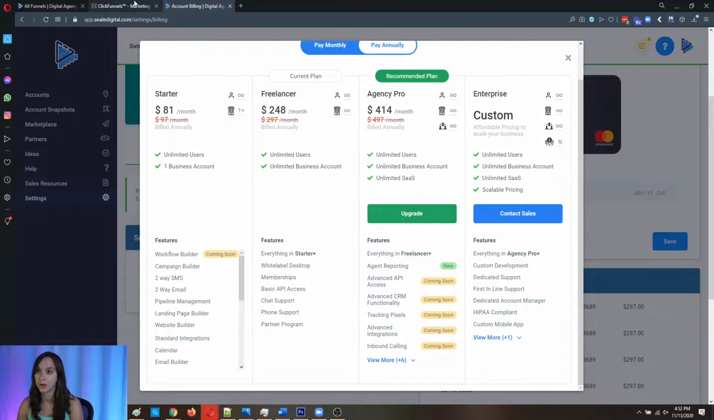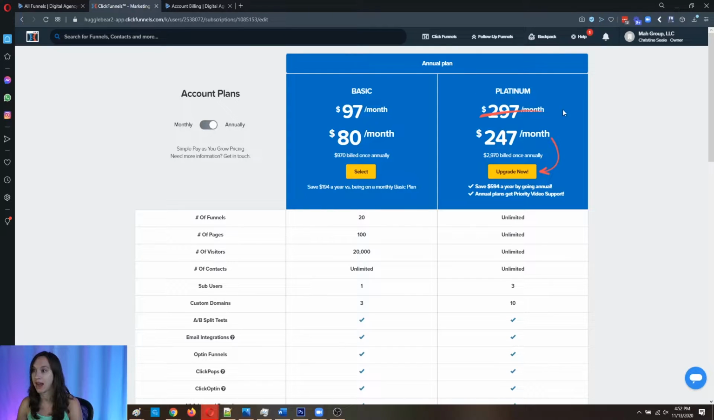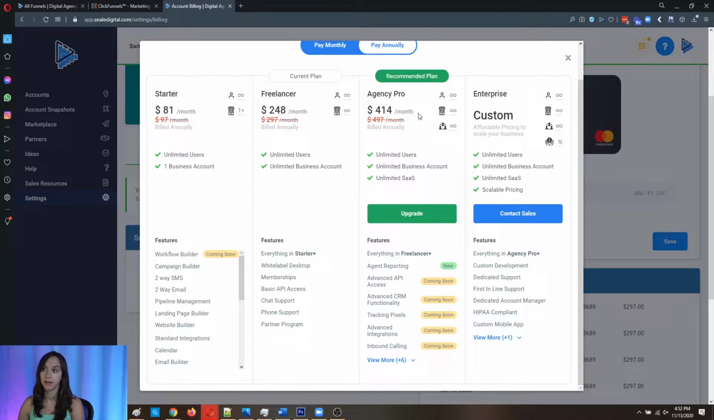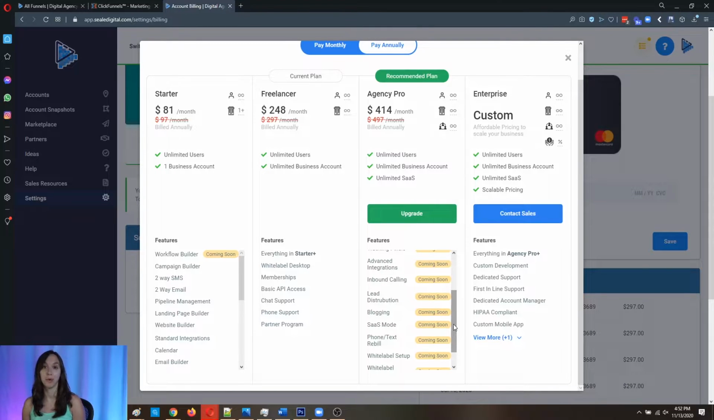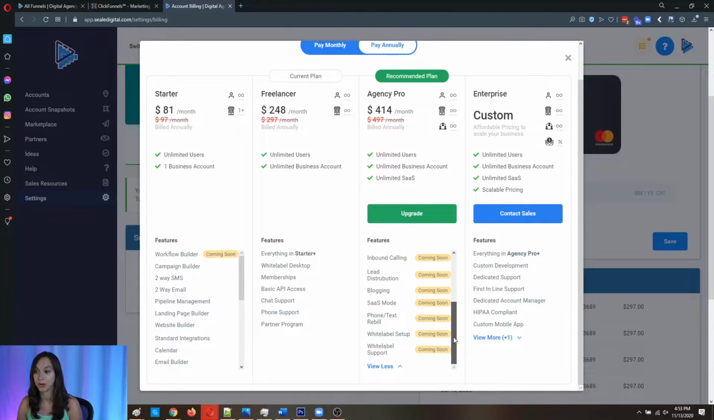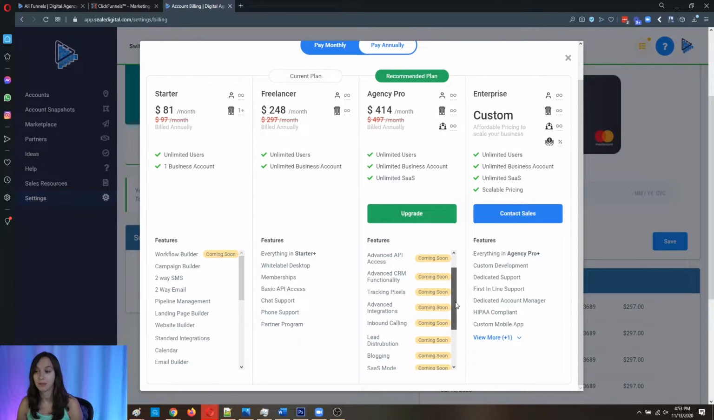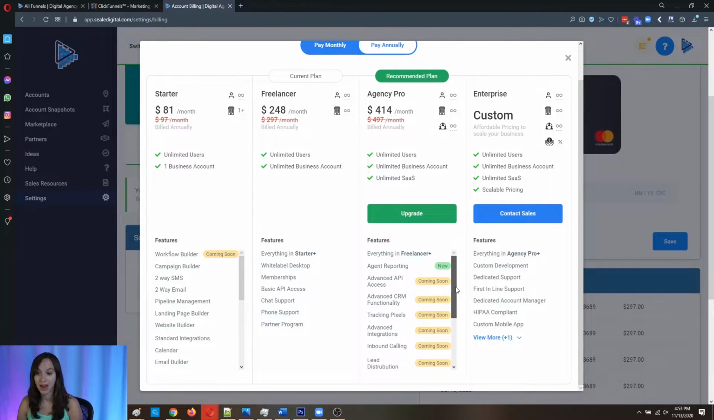And then also, ClickFunnels does not have a higher plan on their website, but Gohighlevel now has a new plan called Agency Pro where they're going to give you access to all these things as well. Okay, so SaaS mode. So if you want to white label and come out with your own software as a service platform, they're building that in. Okay, that's an upgrade. You can rebill your clients for their SMS usage. Okay, that's super powerful. You're going to have access to white label support, advanced API. Okay, so